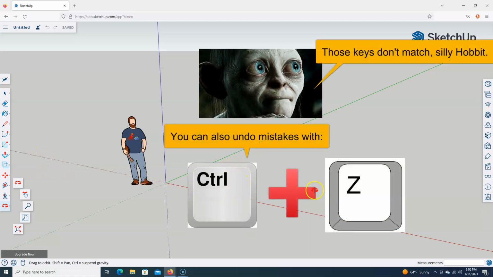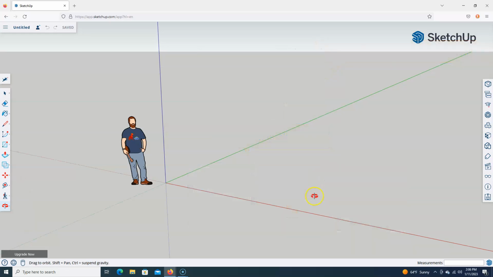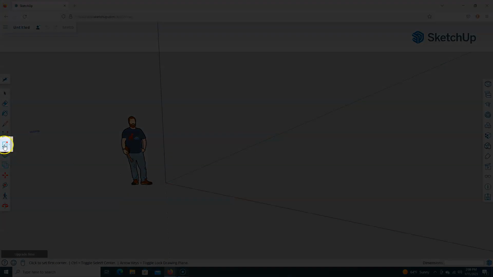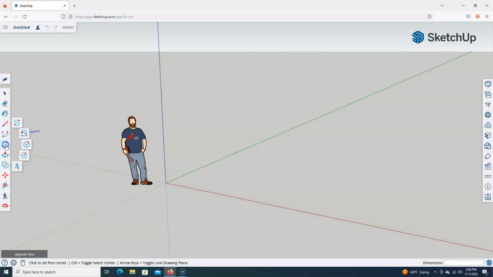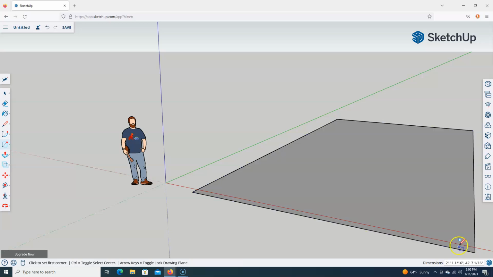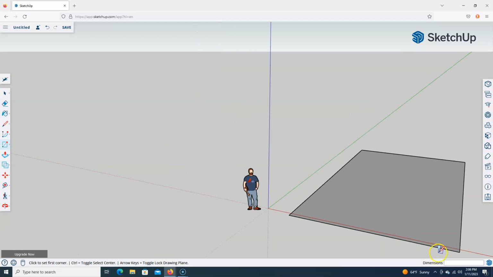So the first thing that we're going to start off with is the rectangle tool. So we need to push R for rectangle, or you can simply select it as you did in the previous video from the toolbar. If you haven't watched the previous video, the rectangle tool is right here. All of our other shapes are here as well. So we're going to start with the rectangle tool. And since we are making an L-shaped house,